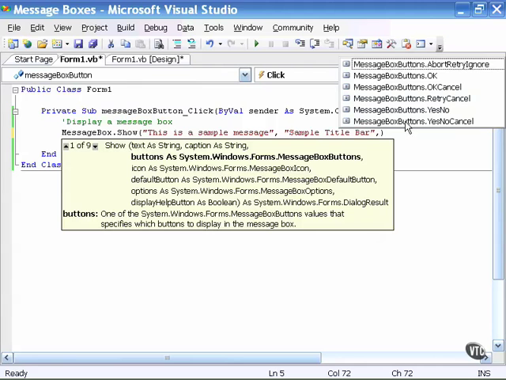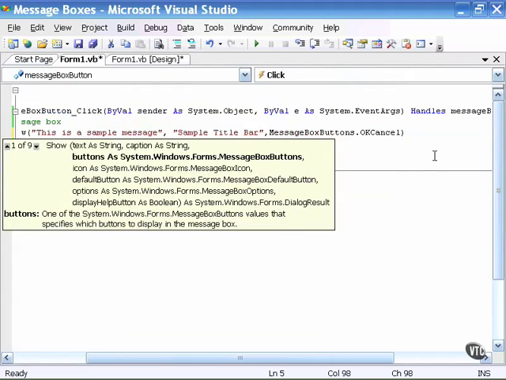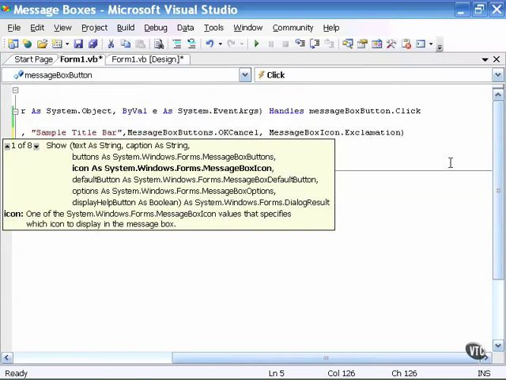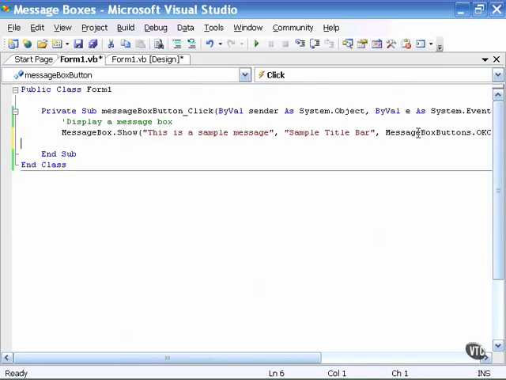We've seen the OK button and the fact that it will automatically appear. I'm going to choose OK Cancel as my message box buttons for this example. One more comma, and then you could display from the list provided the icon that you would like included. I will simply include the exclamation icon for this example. Now we have a more complete message box described. So if we now run this,